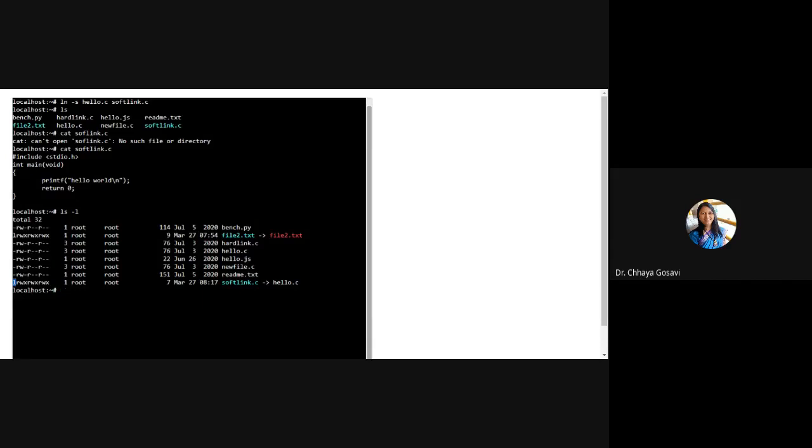So whenever you create a shortcut, it is not pointing to the actual data of a file, but to a file which points to the actual file. So here a soft link is just a pointer to a particular file, and a hard link is an actual file. It creates a replica of a file. So let's see what the difference between hard link and soft link is.